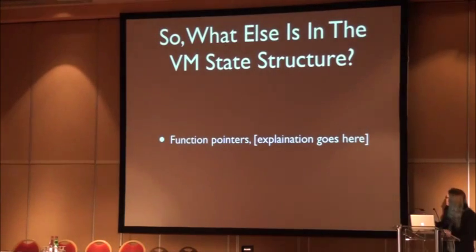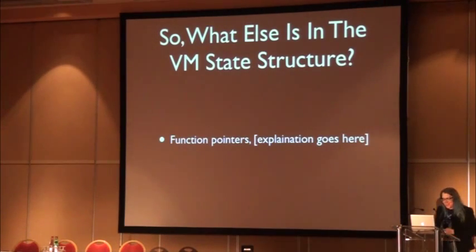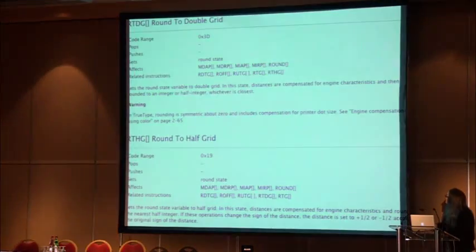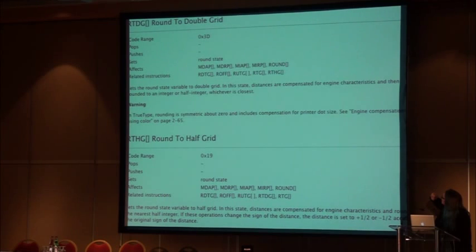So the other things, if you're doing exploits, there's a bunch of really useful stuff in the global VM state, like for example function pointers. This is from the documentation off Apple's website. If you look at a bunch of the instructions for, say, rounding, for example, there's like whatever 6 or I guess 9 or something